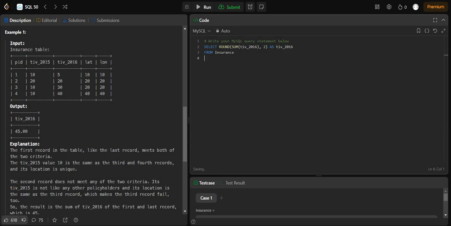Now here is the time for the condition. So we will use our where clause. The first condition is for this column, that is total investment value in 2015. So where total investment value in 2015 in, and I will use a subquery over here which will check if the count of that value is greater than 1 or not. So I will select our total investment value of 2015 from our insurance table,